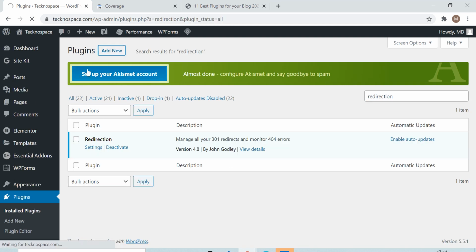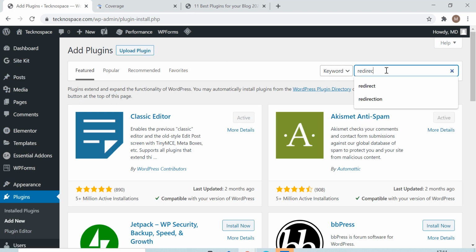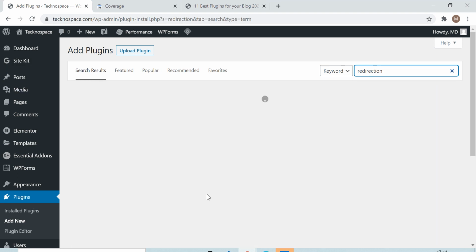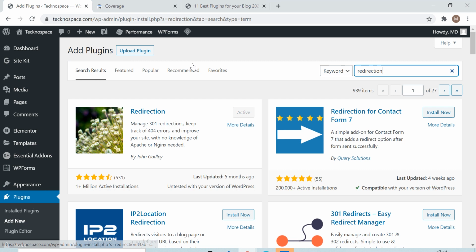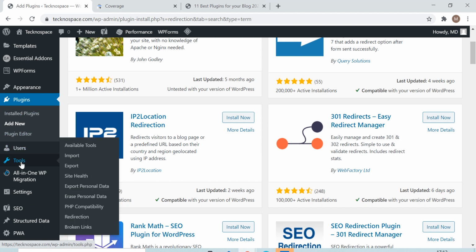When you click on add new, you're installing it for the first time, so you can simply write redirection, and after clicking on plugin, add new, and then redirection, see it is already active. What it does is it manages all your broken error links of your website to the home page or wherever you're going to redirect that particular link to. Once you have successfully installed and updated, it is very well compatible with GeneratePress. So we will search, it appears under tools.